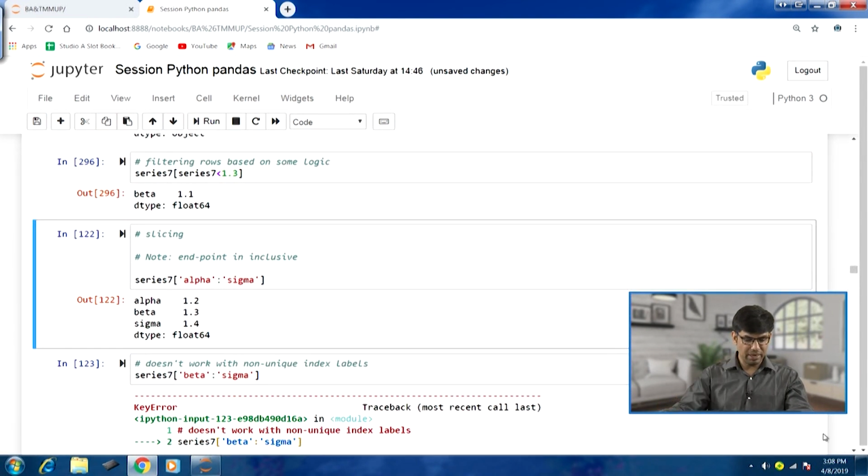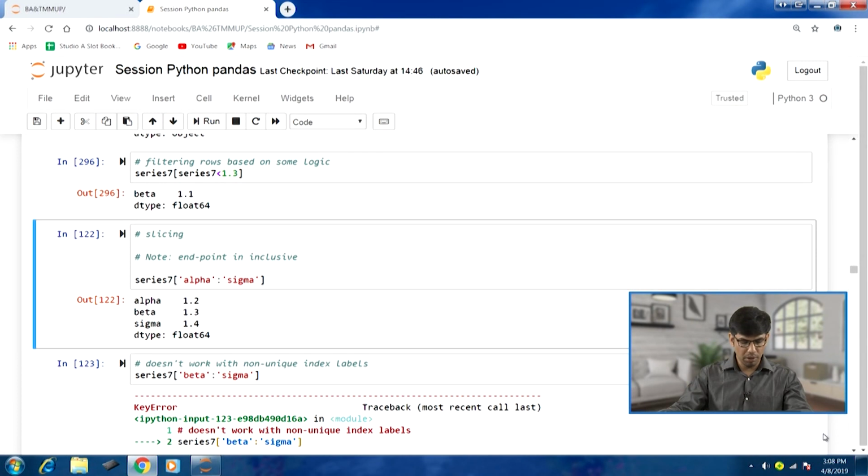Next aspect is slicing. Slicing is very much similar to what we have discussed in other contexts. However, in this case the end point is inclusive. Earlier, whenever we have used slicing, the end point was non inclusive. But when we do slicing on series and data frame, it is inclusive.